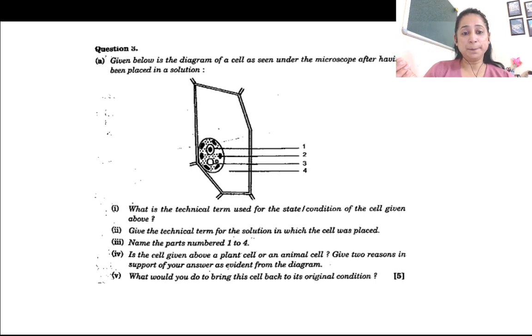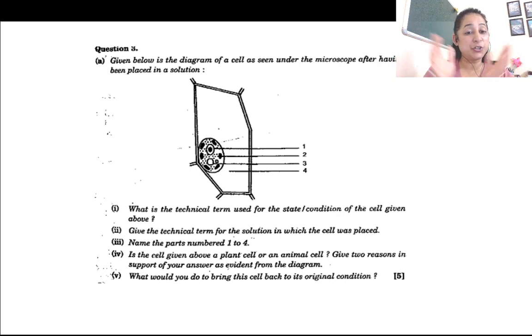So when it is placed in a dilute solution, the amount of water is... So I'm so sorry, I just got confused. So when you place a cell in a hypotonic solution, there are two types of solutions, I'll just quickly explain: hypotonic and hypertonic. Hypotonic, a dilute solution. Hyper, HYPER solution, a concentrated solution. So when you place a cell in a hypertonic solution, a concentrated solution, the cell shrinks. When you place a cell in a dilute solution, the cell swells up.